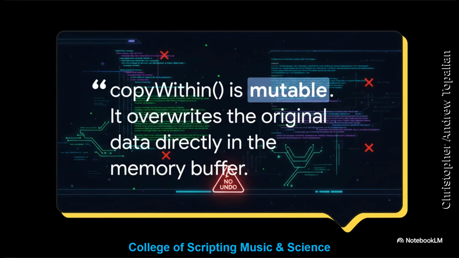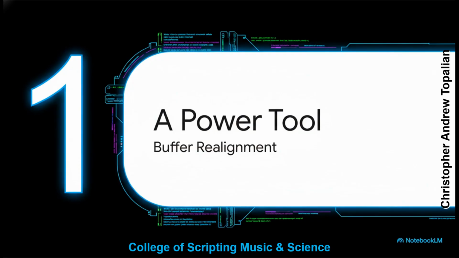I want you to pay close attention to that last part. There is no undo. This method is what we call mutable, which is just a fancy way of saying it permanently changes your data. The second you run this command, the original data in those overwritten spots, it's just gone, for good. So before we can even think about using it, we have to understand what we're dealing with on